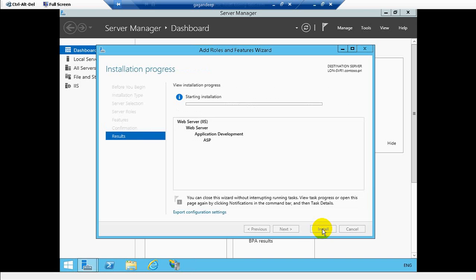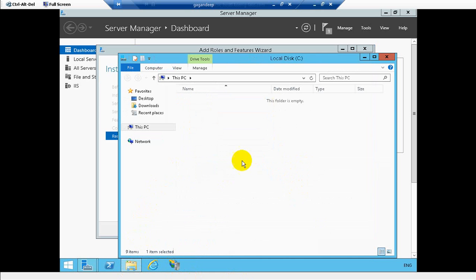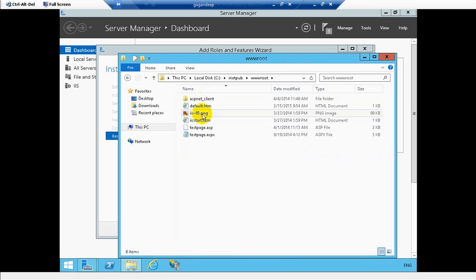Very easy to understand. It's not so difficult to execute and run an ASP based website. And you can see that once it is installed, we can test it out in LON DC1. And we'll test with www.contoso.com/testpage.asp, and you will see that once it is executed, what will happen, you will be able to see the IIS version, physical path and application path, because as you can see in the root